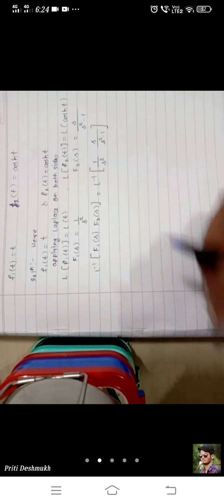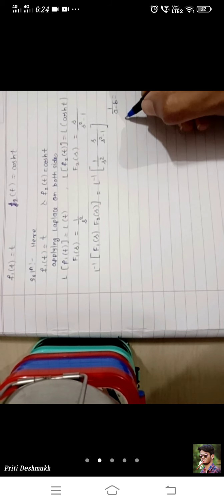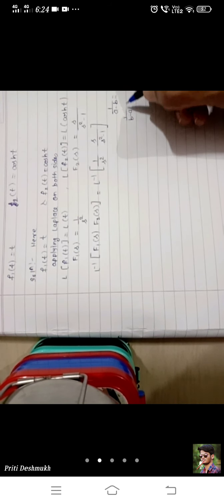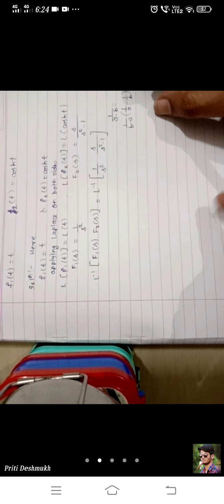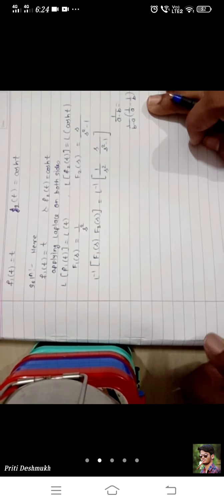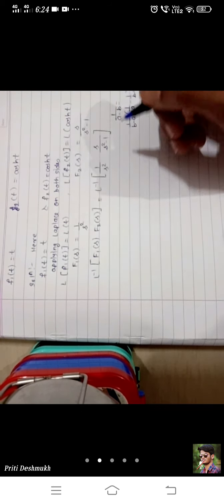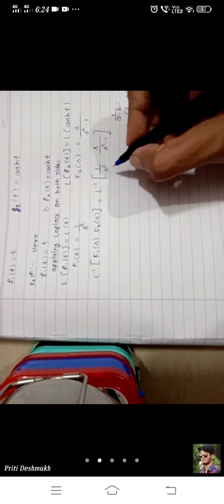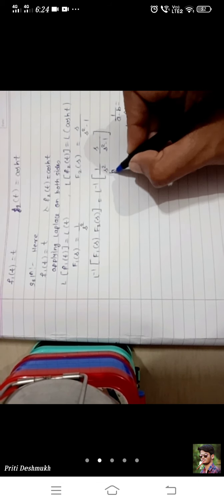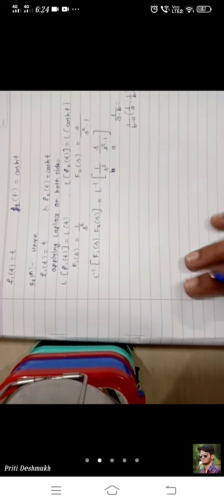This is a formula like 1 upon a into b. The answer is 1 upon b minus a into 1 upon a minus 1 upon b. This is the formula which we already saw in the last lectures. So we have to call one of these b and the other a. So we put this one as b and this one as a, and we apply this formula.